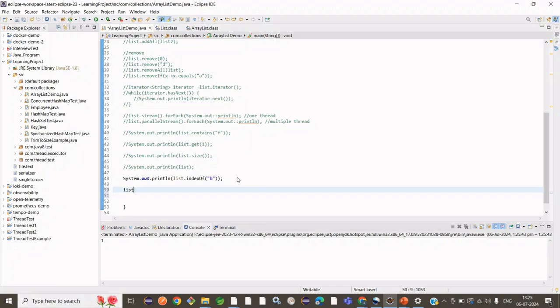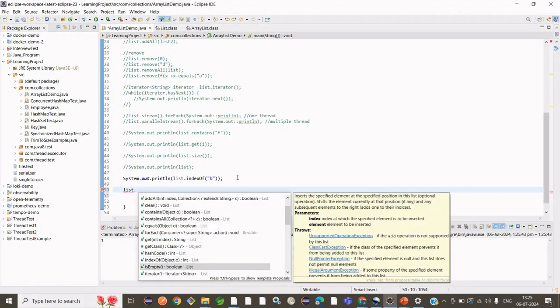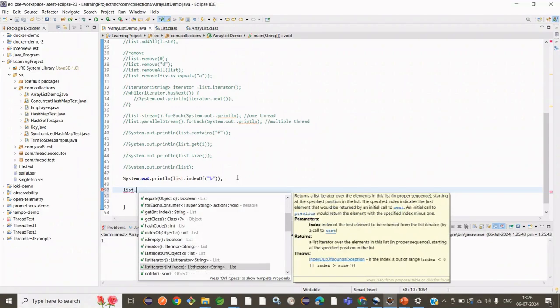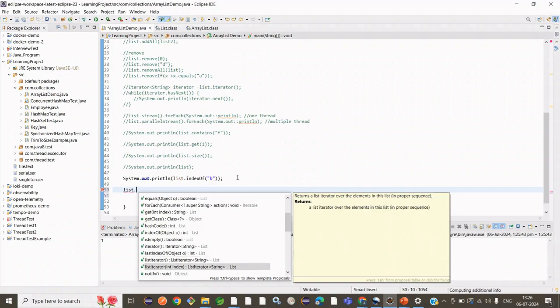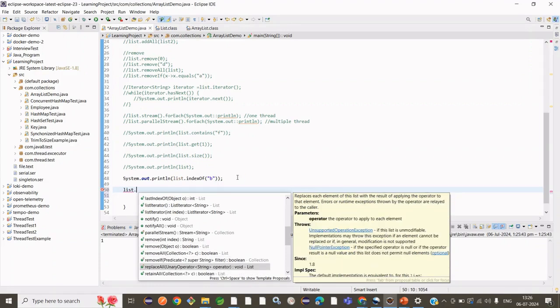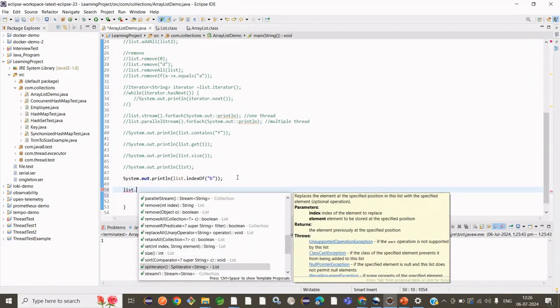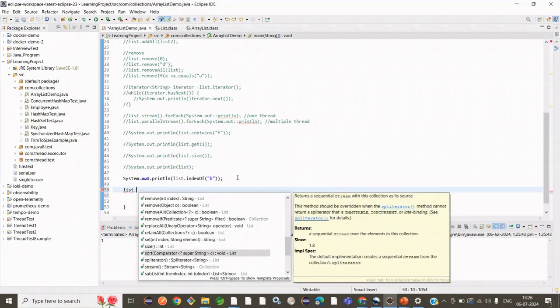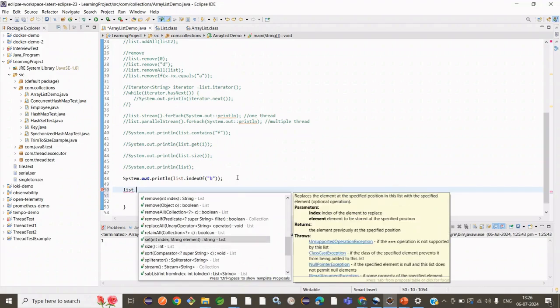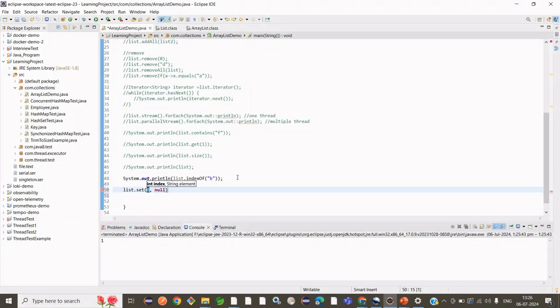So list dot, we'll see any other method. Iterator we have seen, last index. List iterator we can also use same as iterator to iterate the list. Remove we have seen, replace all. Okay, with the help of set we can replace. We have the sort method also. With the help of sort we can sort your array list. So we'll see set and then sort. We have the set method, so we can replace the zeroth position with any element,